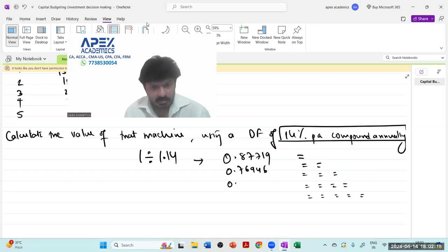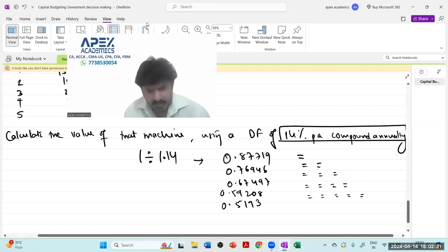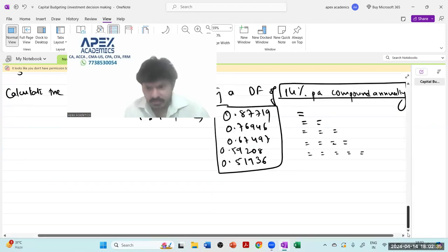What you will get is 0.67497. Press equal to again. What you will get is 0.59208. Press equal to again, you will get 0.51936. What is the meaning of this? The meaning of this is that